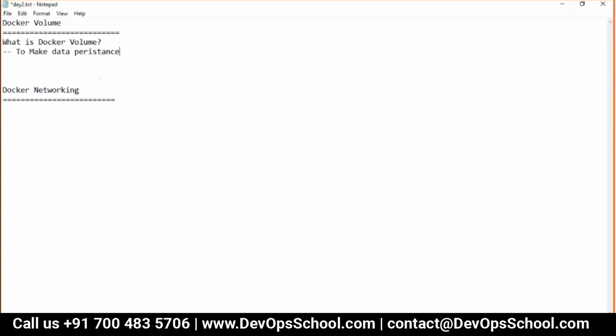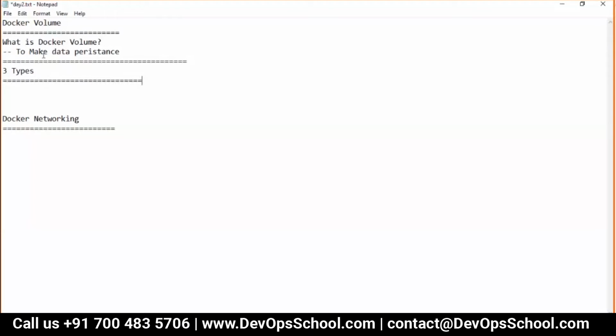Application, you can run as many times as you want, you can get it up and running, no problem, because you have the same application stored somewhere else. But the data which is generated with the help of the application is very precious. So how can we have data persistency? And the answer is Docker volume. Now guys, Docker volume itself has three types. I will also share some references so it will be good for you.